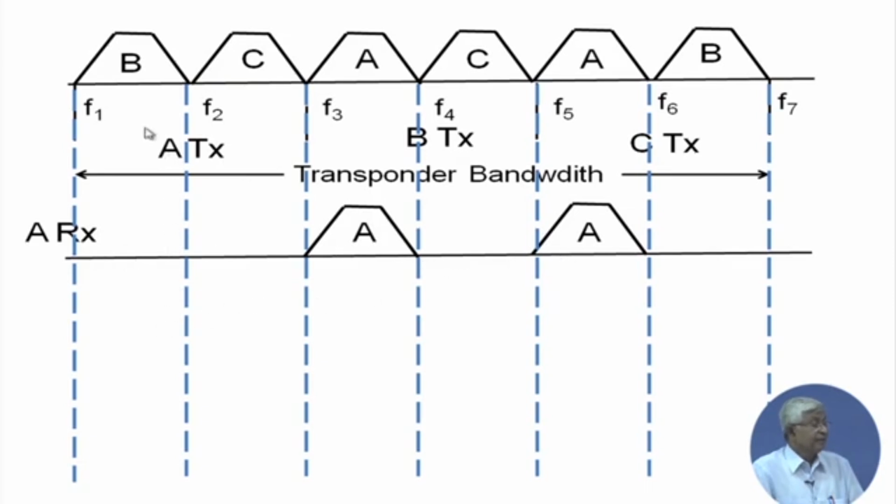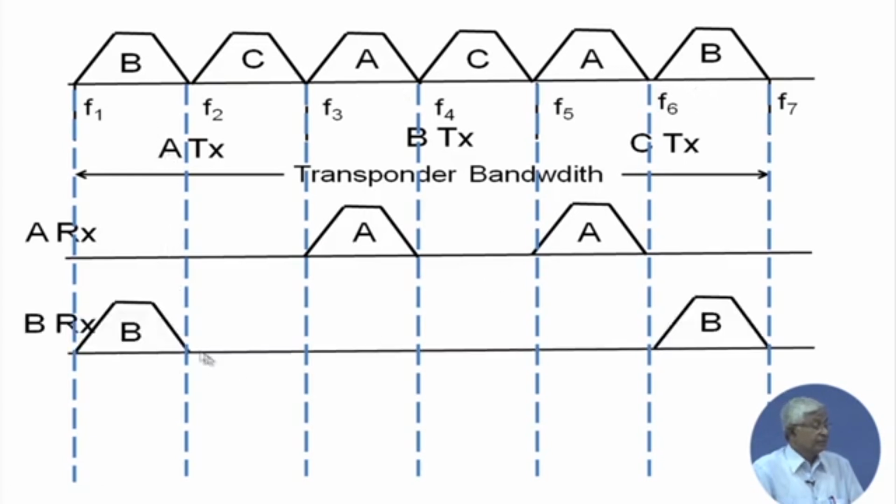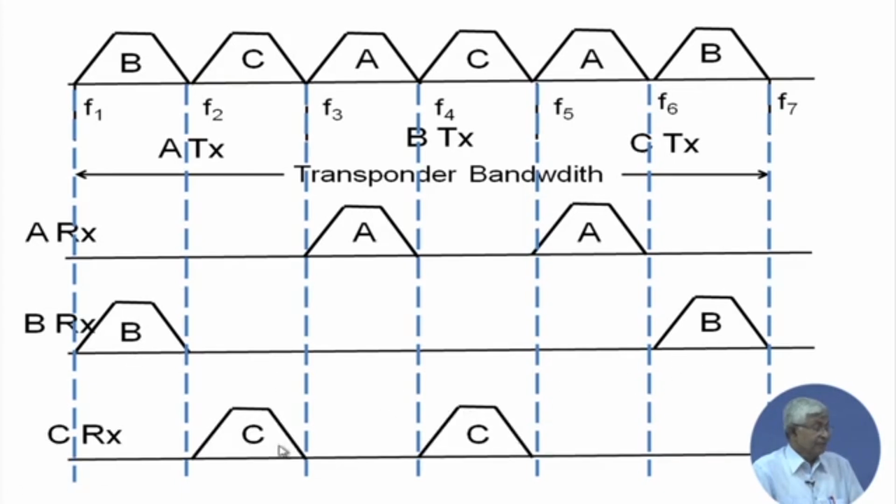Similarly, B will receive F1 and what is meant for B is F6. So, B filters will be at center frequency F1 and center frequency F6. Similarly for C, center frequency F2 and center frequency F4. So you can see that at each station pre-assigned filters are located, and if the traffic is known,